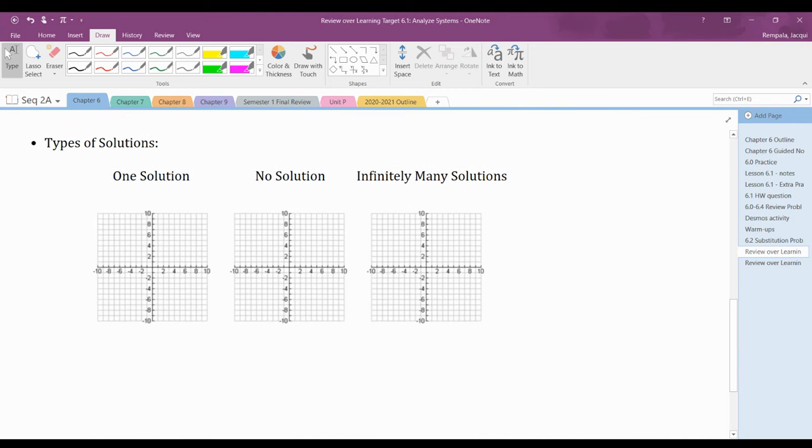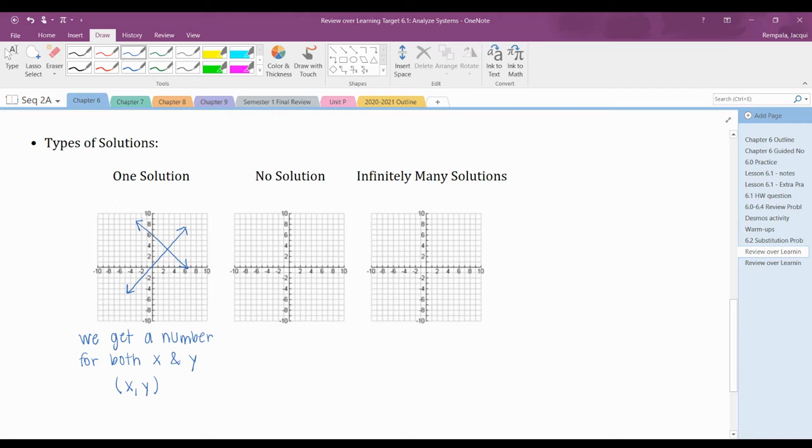Okay, the last thing I want to review is the types of solutions. If I'm looking at a picture, to get one solution means that I want to have two lines on the graph that are going to intersect at one point. If I was actually solving instead of graphing, doing substitution or elimination, we would get a number for both x and y,